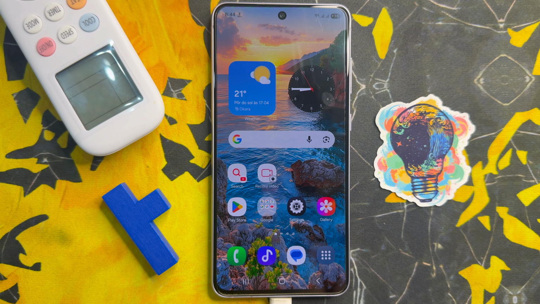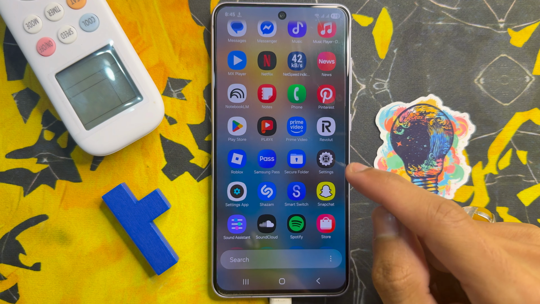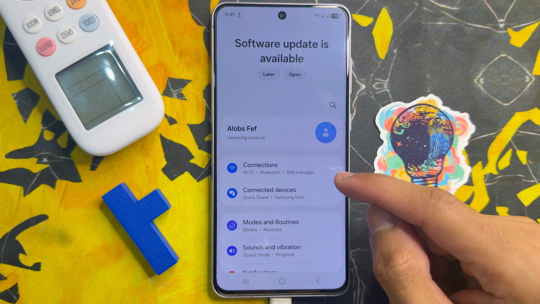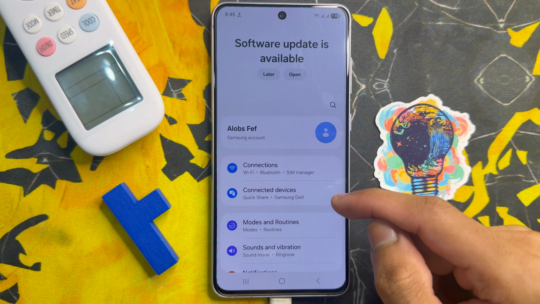Hello everyone, today in this video we will discuss how to disable auto factory reset after 20 failed unlock attempts on Samsung Galaxy A36. Let's start the video. First of all, go to app library. Here click on settings app. Now in settings,